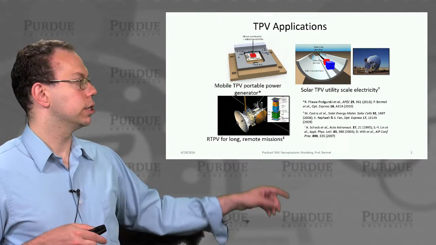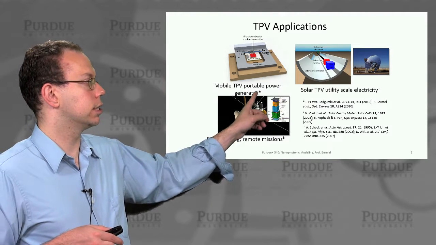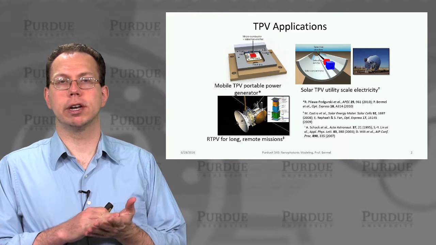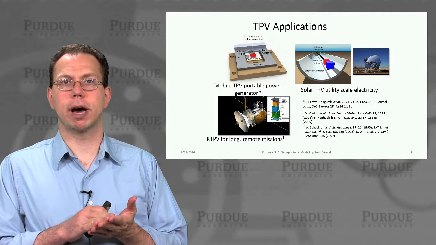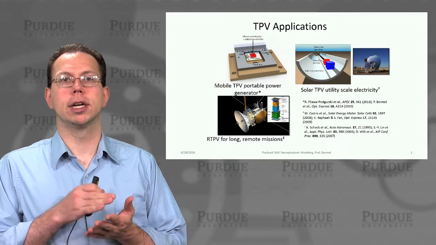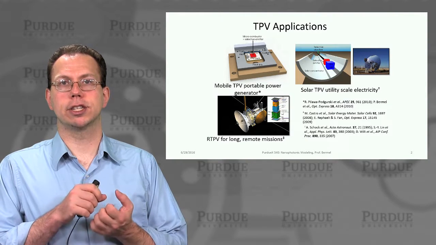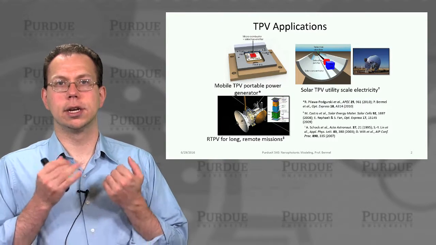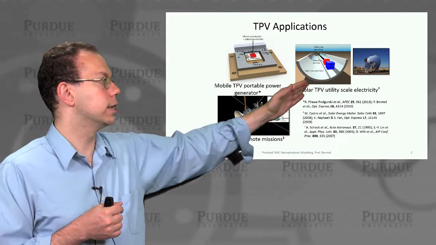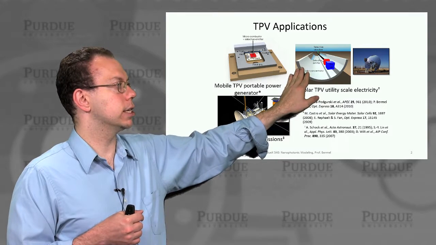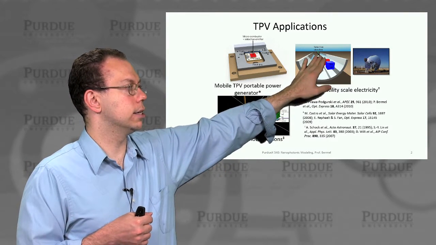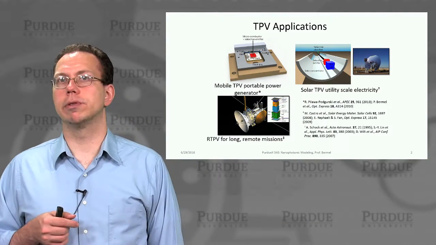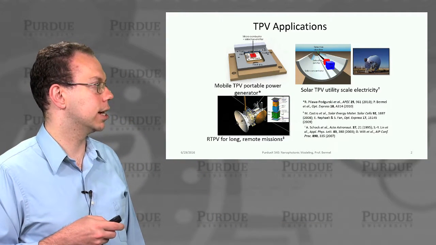In one example, you could actually use this to generate power in a portable fashion, where basically you'd have some sort of portable heat source, which could be biofuel that's being burnt. And then as that burns, you can actually illuminate a photovoltaic diode to generate electricity. Another approach actually is to use the sun as a heat source. And here basically it's concentrating sunlight onto some sort of selective absorber. And then that's sent to a selective emitter, which radiates onto the thermophotovoltaic diode.